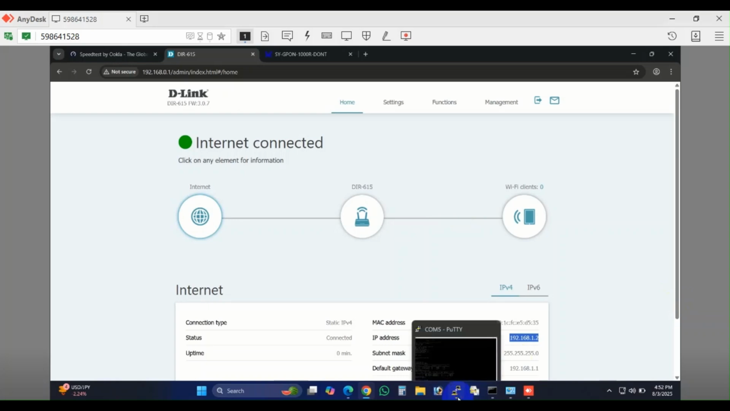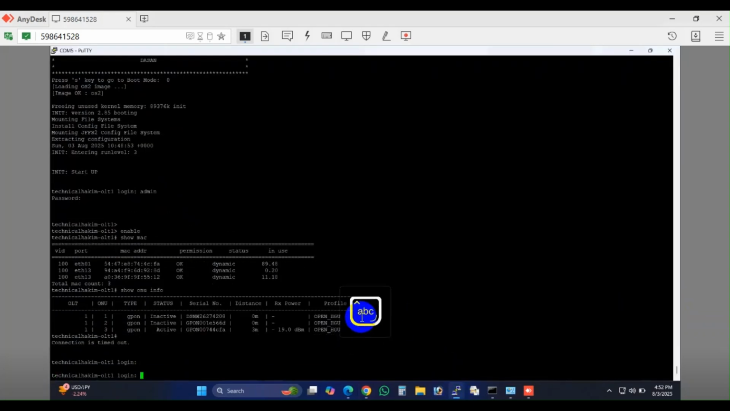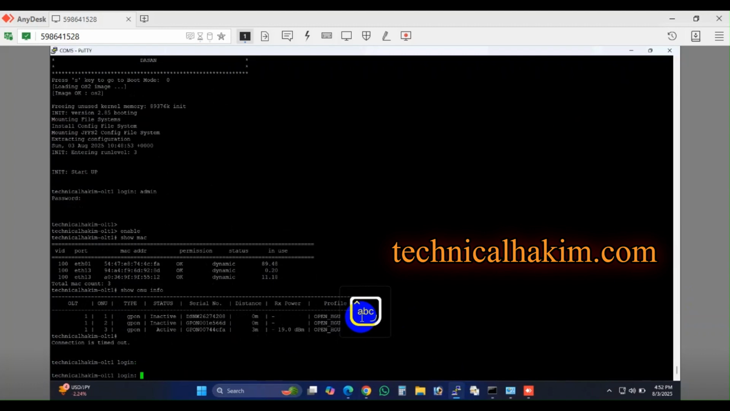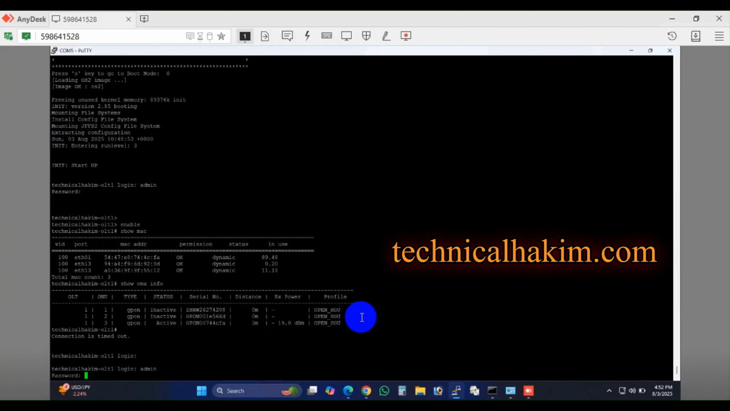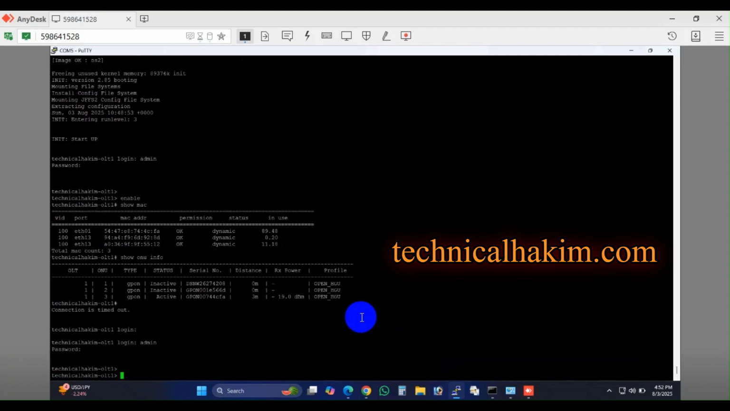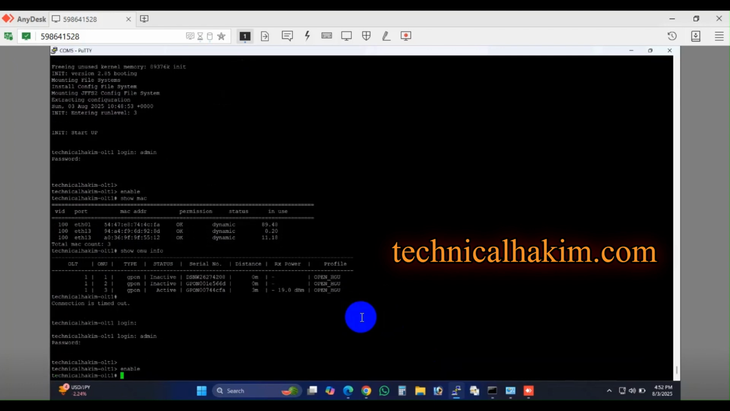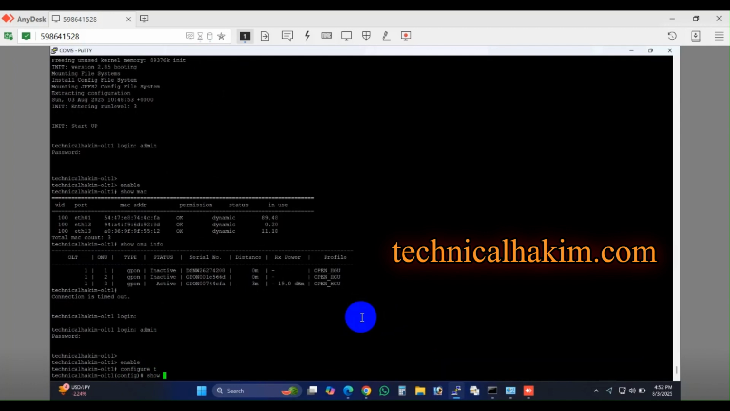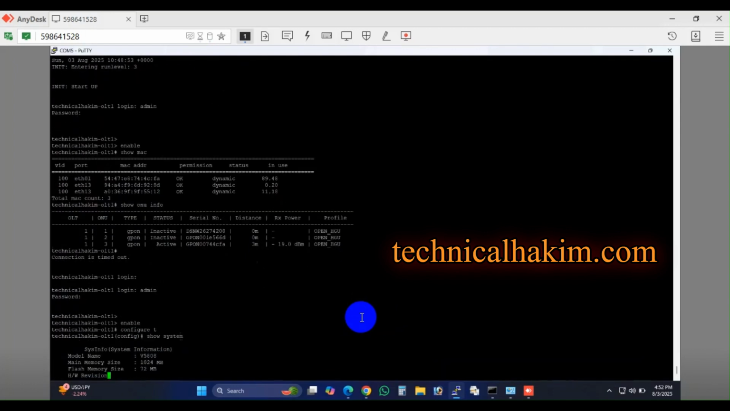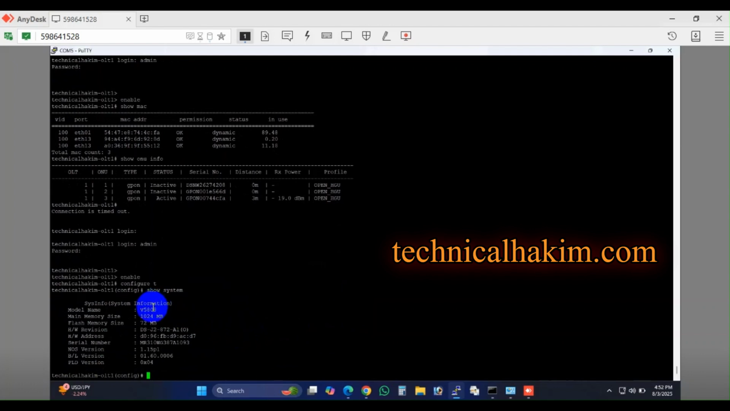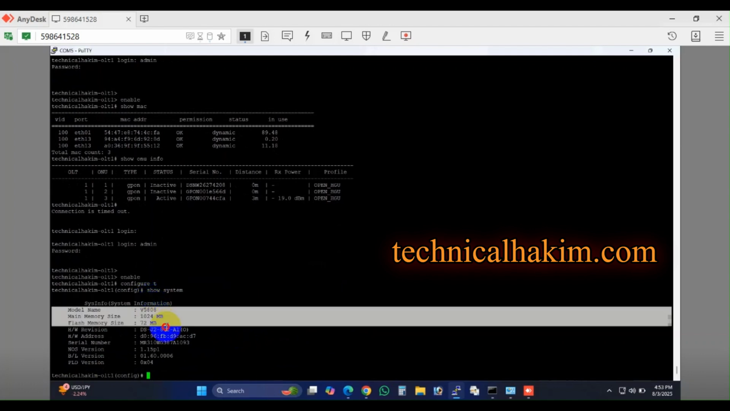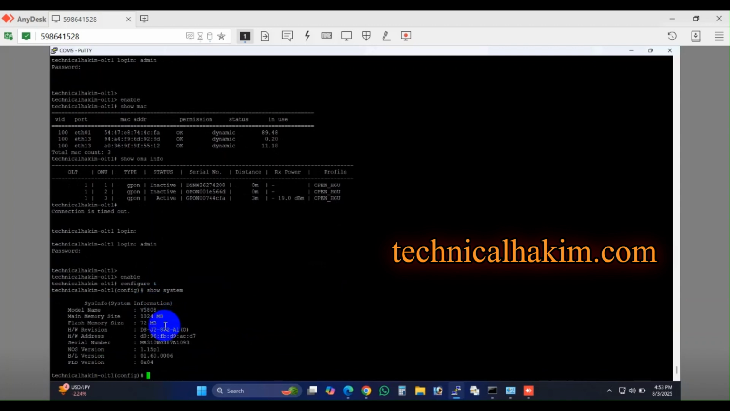Today in this video I'll show you how to configure and set up Dasan OLT. So here you can see I have logged into one of the Dasan OLT. So let's see the version of the OLT. Here you can see the model number of this Dasan OLT is V5808. So in this video I have demonstrated how Dasan OLT is configured